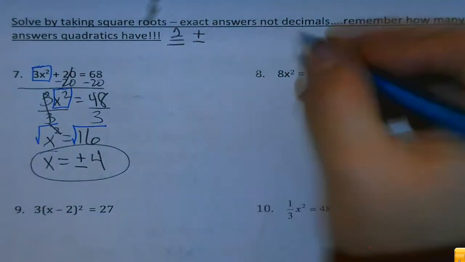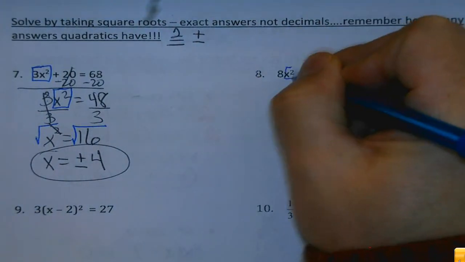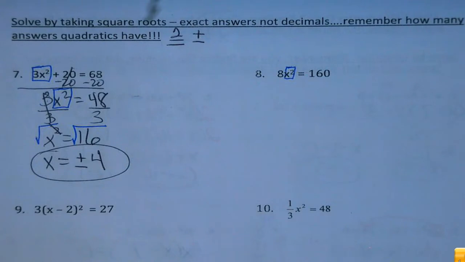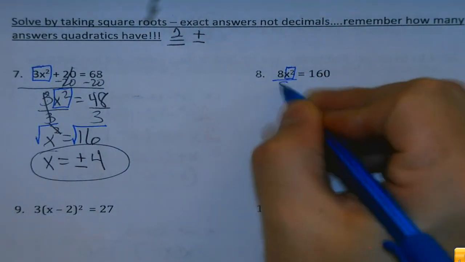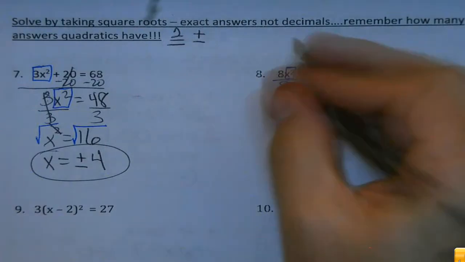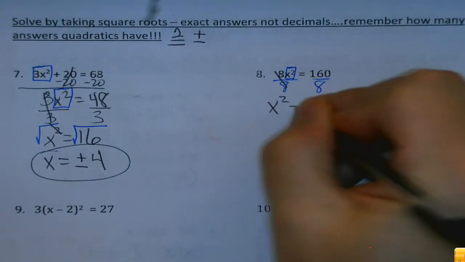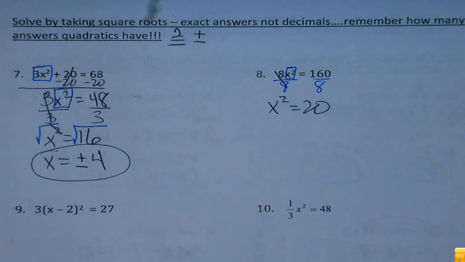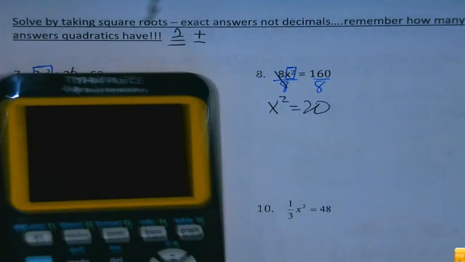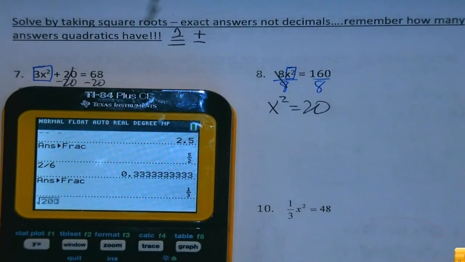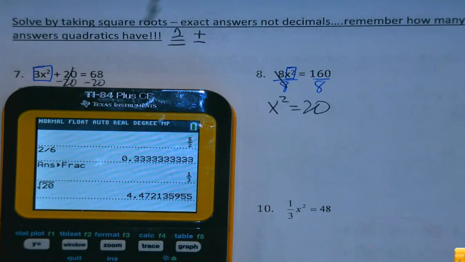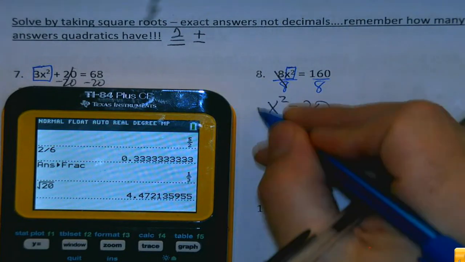And so as I do these, my x squared term's already alone. I want to get x squared alone. What am I doing to it? I'm multiplying by 8. What's the opposite? Dividing by 8. Okay. But this time, I notice 20 isn't on my perfect square list. Or I punch it in the calculator, I get a decimal. We're not doing decimals. So now the game plan becomes,